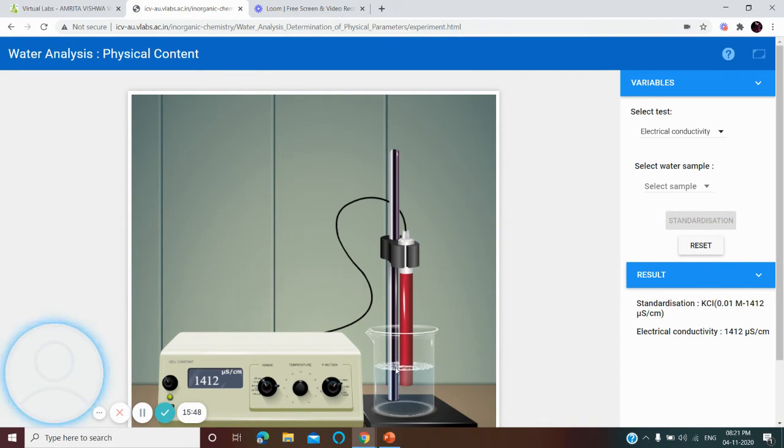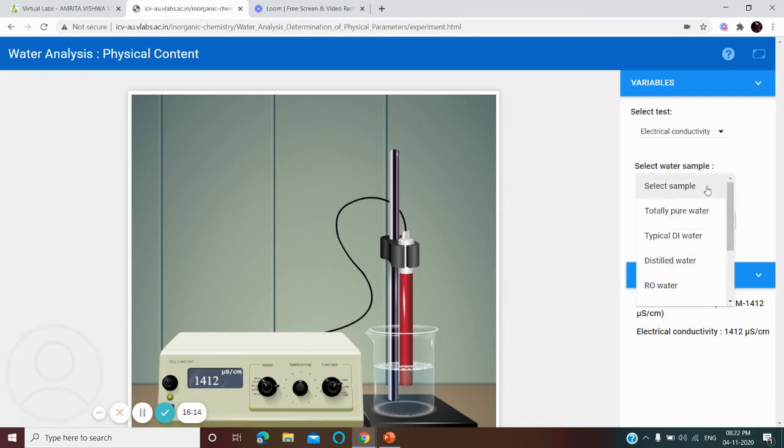Here you have to place the KCl solution of 0.01 M, and we can see that conductivity is 1412 microsiemens per centimeter. So first we have to do the calibration using KCl solution. After that, you have to place the given sample water. Next, you have to select the water sample.